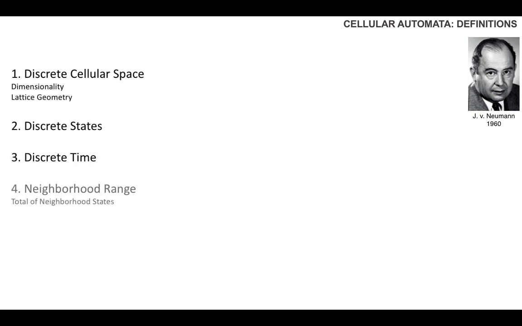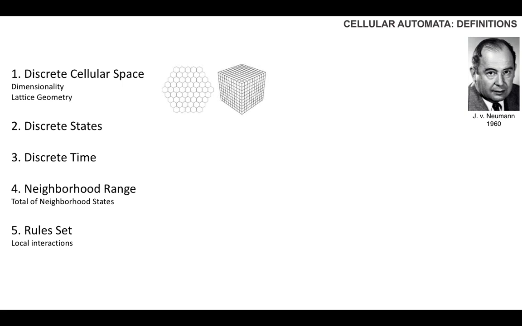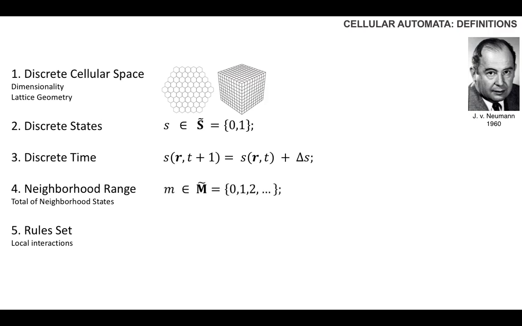Okay, good. So cellular automata go back to von Neumann, and basically if we have to summarize cellular automata, we can talk about a discrete cellular space. It could be hexagons or cubes or square grids. The states are discrete, namely it's 0, 1, or maybe in von Neumann's replicator case it's 0, 1, 2, 3 up to 28, and it moves in discrete time, and there is some neighborhood range, which we name as M, and some rule set.